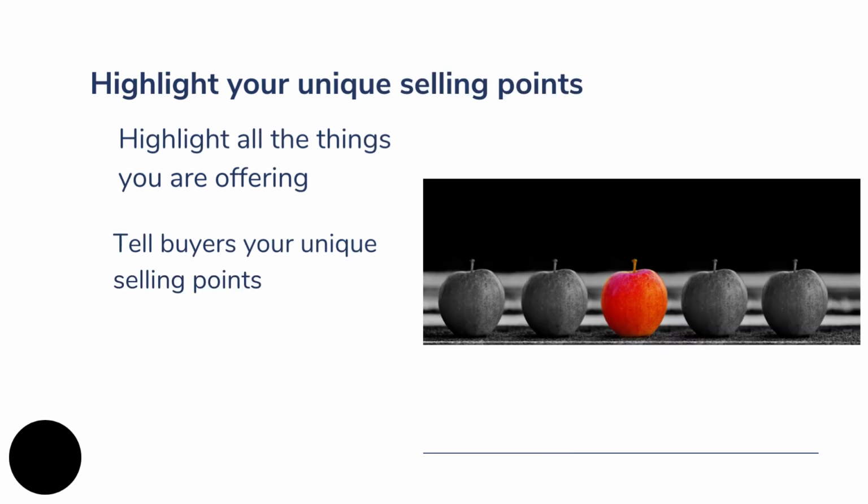Then another thing you need to do is to highlight your unique selling points. In your gig description, you have to tell the buyers what your selling points are. Now, this is the main area of your gig description, and you need to try and explain all the features that you are offering in your gig. For example, I will take an example of somebody. If you are offering